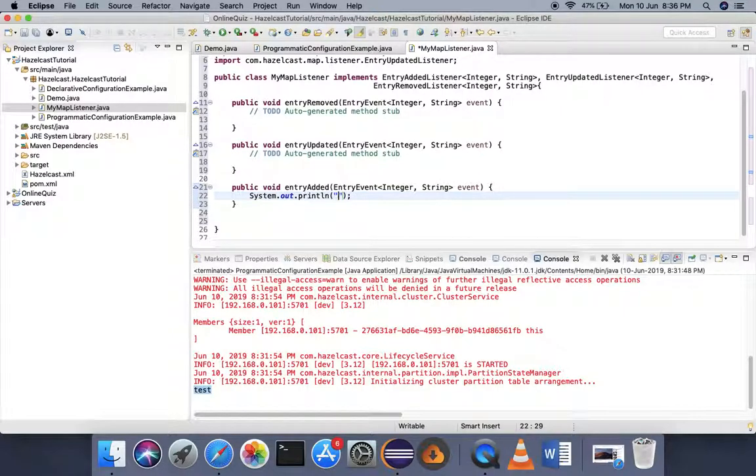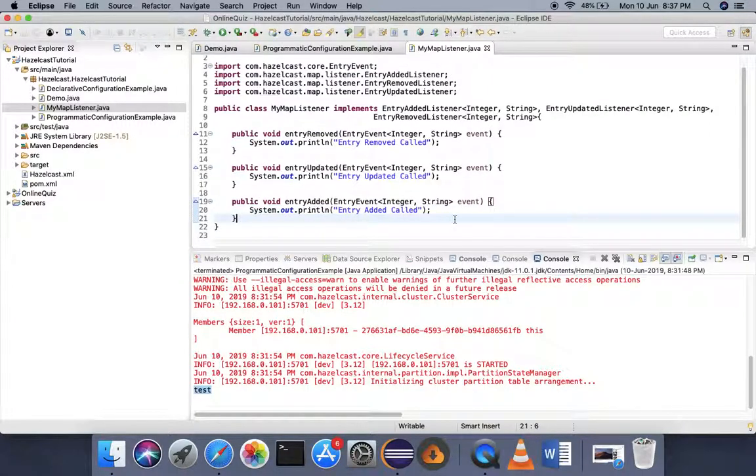I'll not be putting the exact logic of the entry listener, but just to keep the example simple, I'm showing you how the entry listener gets called and how we programmatically configure the entry listener to our map.